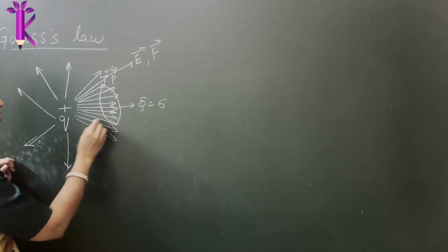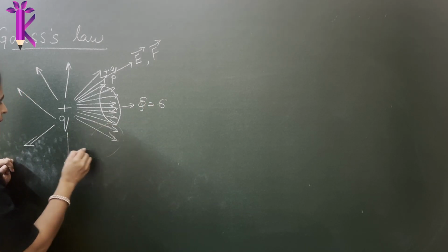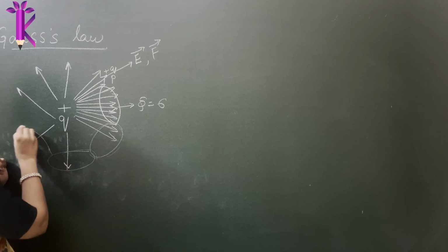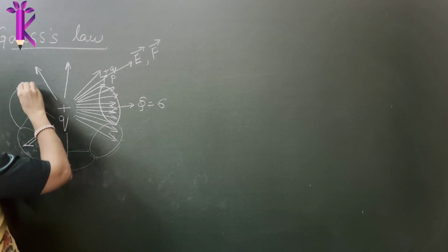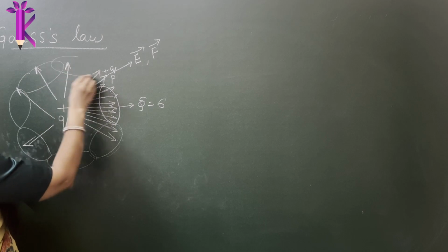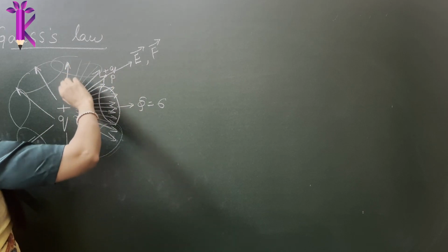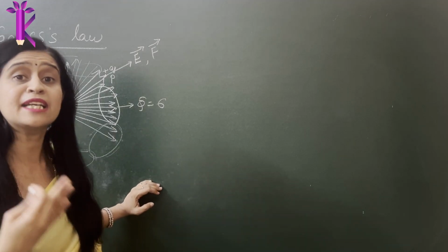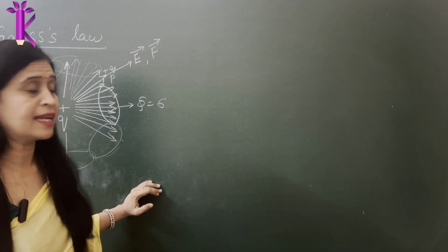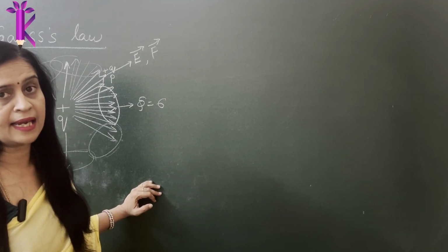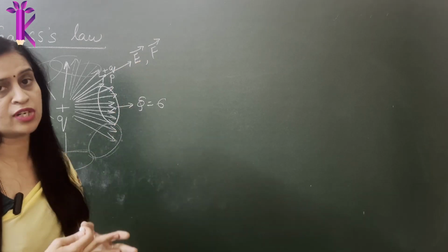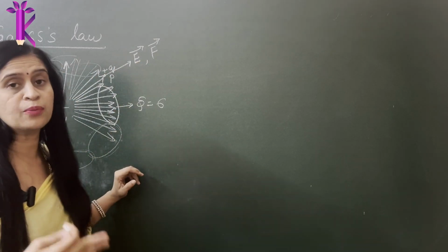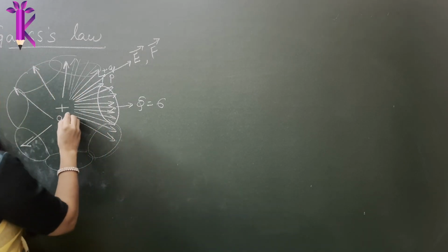Now imagine there are several such areas all around. You have some more area here, some more area here. You take another cross-sectional area here, another one here, draw the number of electric field lines, measure, and add all of them. That gives you the net flux, and through that you can even calculate the electric field. It is definitely proportional to the electric field, which is radially outward.